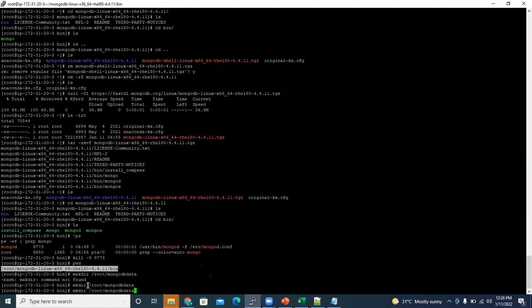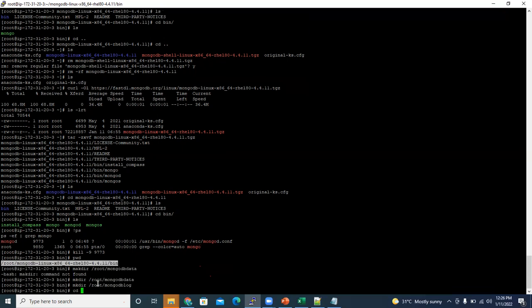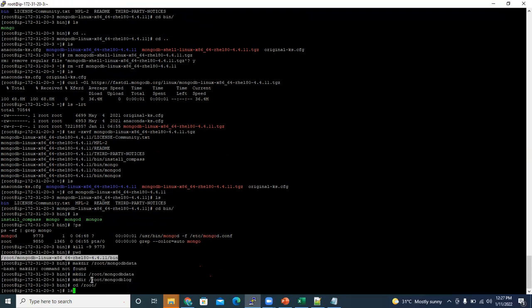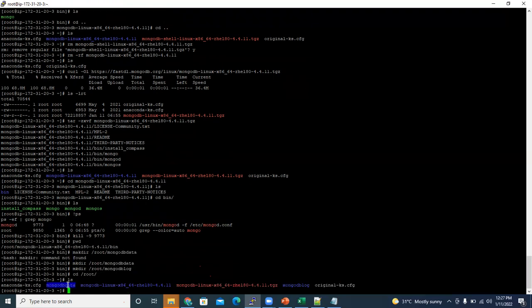Okay. Again, I'm creating a directory, mongodb-log. If you go to root and type ls, you could see mongodb-data and mongodb-log. Okay.